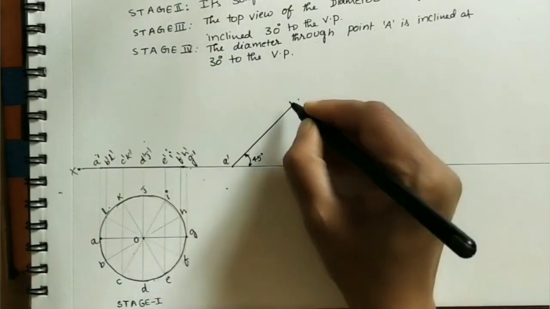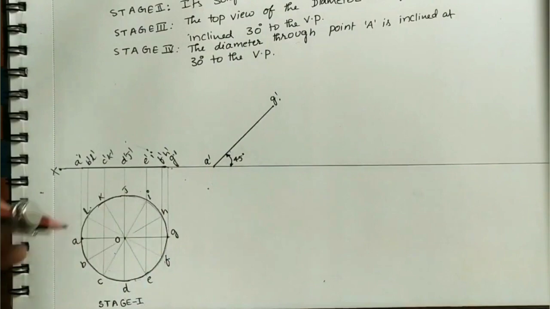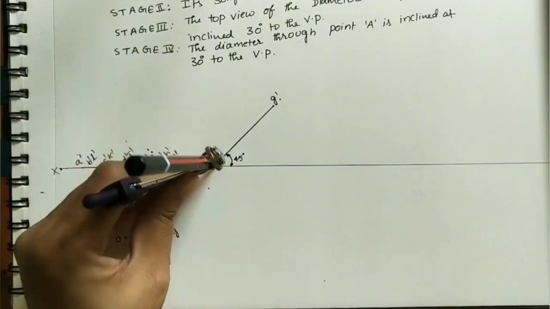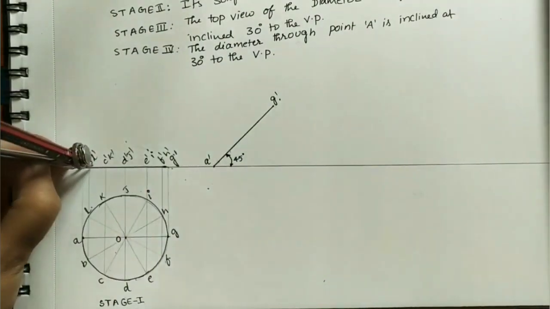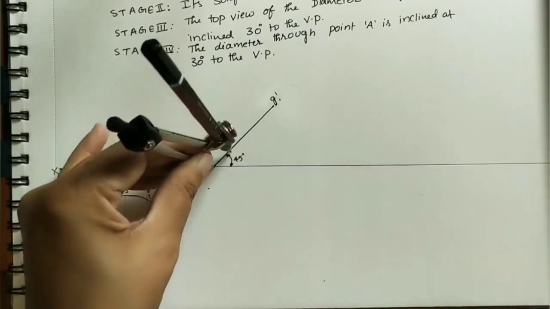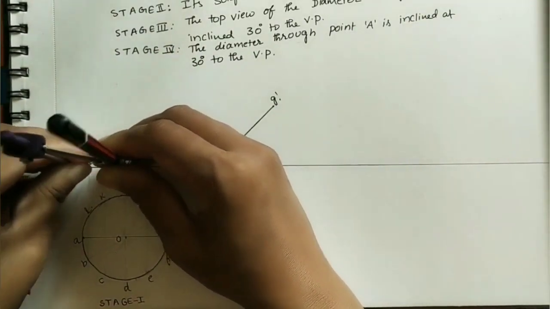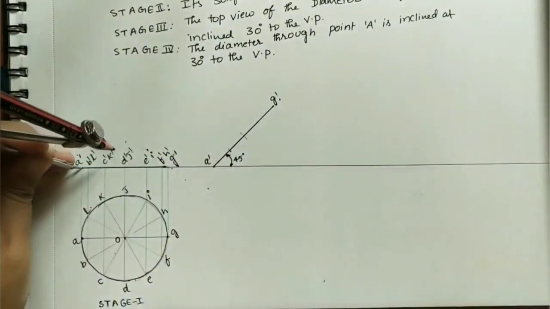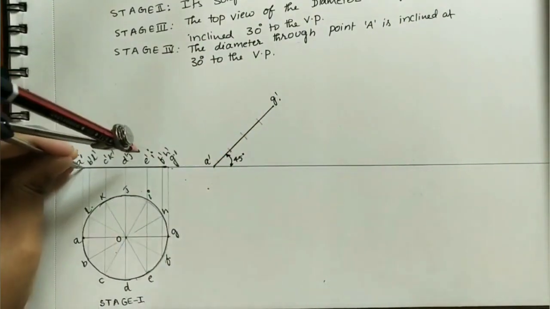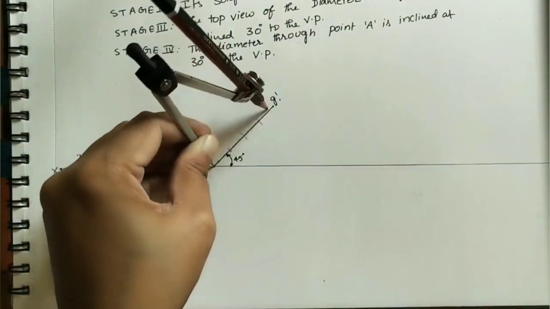This end point is G dash. So the same length we did here in front view, mark these new points also on this line. By using compass, take the first point and mark here. And next point, take this length, mark here. Next, this one. Next point, take this F dash, H dash. The next point, mark here.